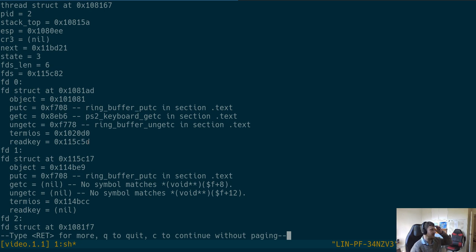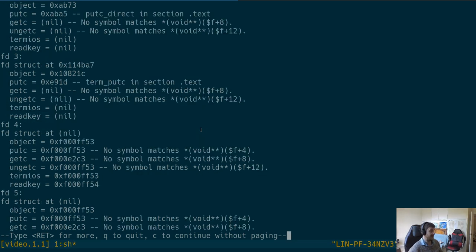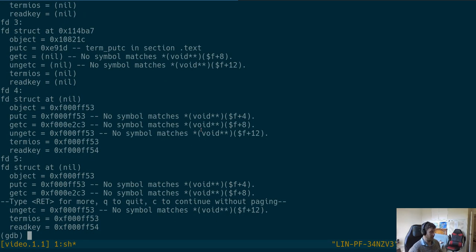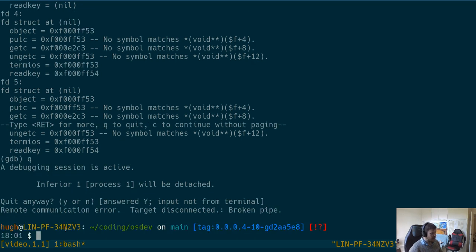We can see this is our current thread, so it's PID 2, and it's got all these file descriptors and tells us information about it, and these could be used to work out how things are all working. There's more stuff I could do, like pop into the termios and see how that's going. So how I did that was in the GDB